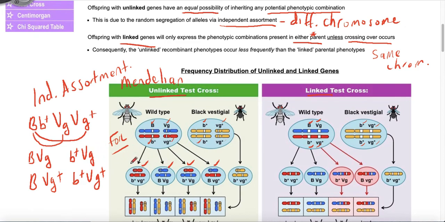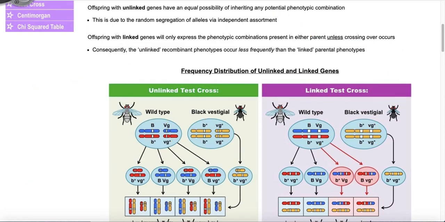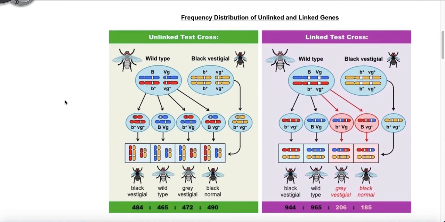So we do the FOIL method to see how these alleles independently segregate from one another to form these four different gametes. And then we're crossing this parent with this parent, and luckily this parent is all homozygous, so we know that there's only one type of possible allele combination. So when we run the test cross between these four possible gamete combinations and this one, we learn after running the dihybrid cross